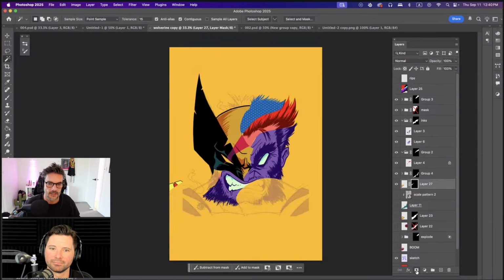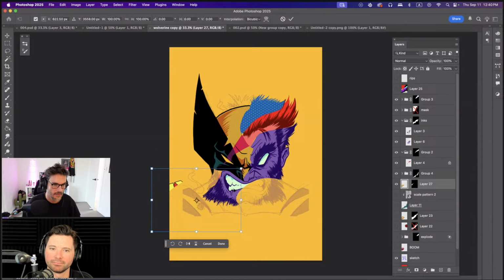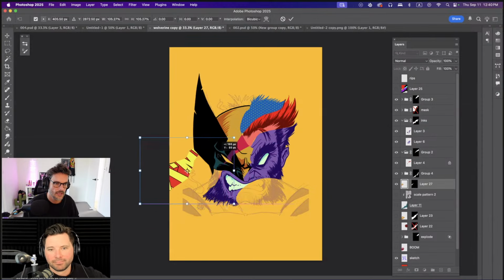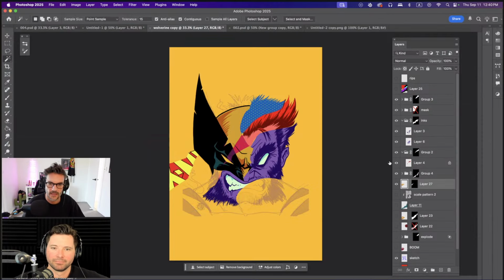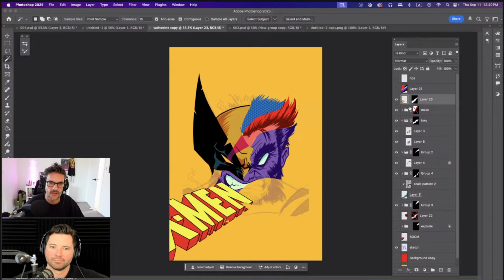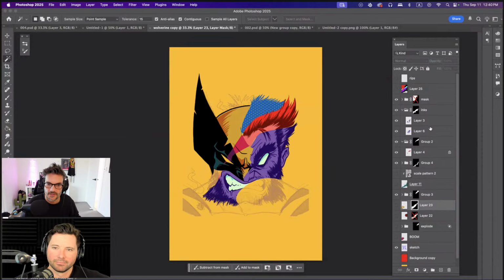And I can hide that in there, unlink the mask from the layer. And then I can move this layer within that mask to fit within that thing. I'm not too fussed about where this sits or how it's going to work, mostly because, again, this is all about just collage-y vibes and working in that way. So